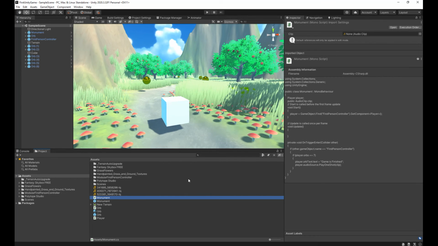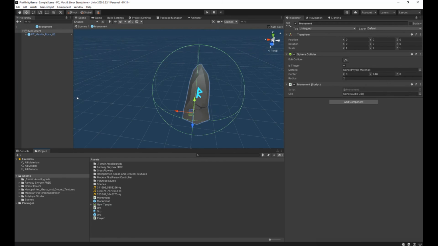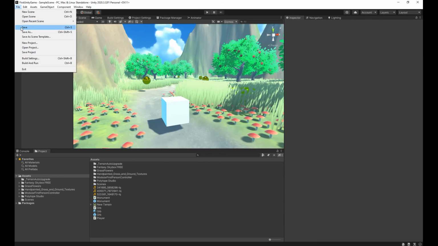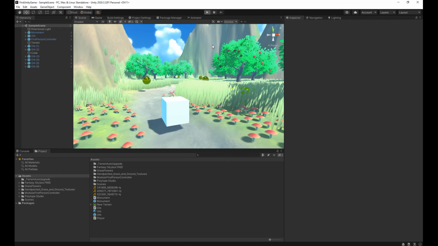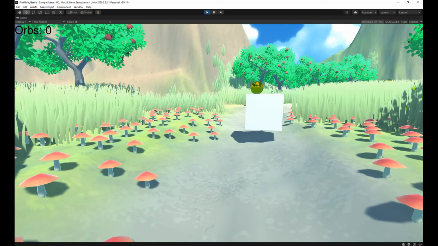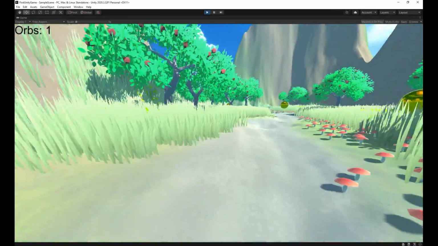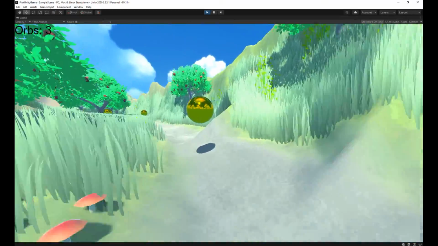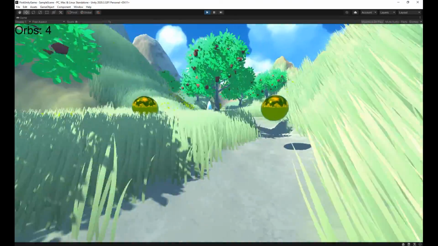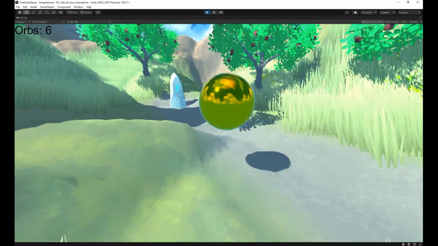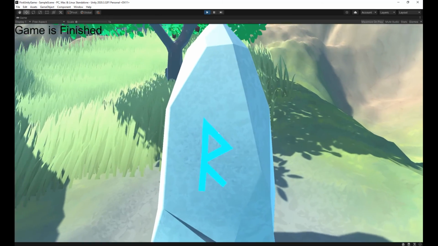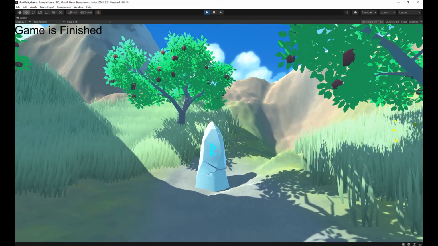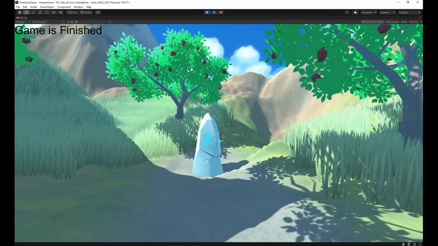Alright, so let's return to Unity and let's open the monument prefab. And here let's add the sound to the clip variable in such a way. Okay, let's go back to the scene, let's save everything and let's run the game. Let's see what happens. Alright, so let's collect all of these orbs and let's take a look at what happens once we reach the monument. Yeah. Alright, so as you can hear and as you can see,